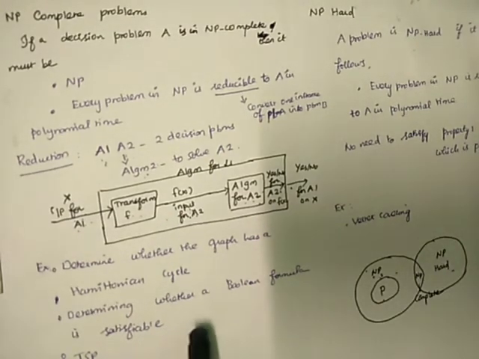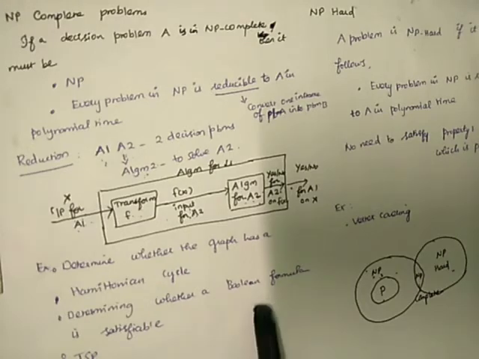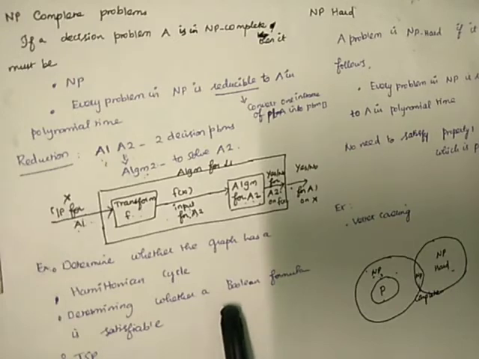Example Boolean formula, take the Boolean formula satisfaction problem as an example. Here we are having some n number of inputs x1, x2, x3 with Boolean symbols and, or, not. Then for any input 0 or 1, we have to test whether the Boolean formula will produce a yes or no answer. This Boolean formula can be used to solve the Navier-Stokes problem.